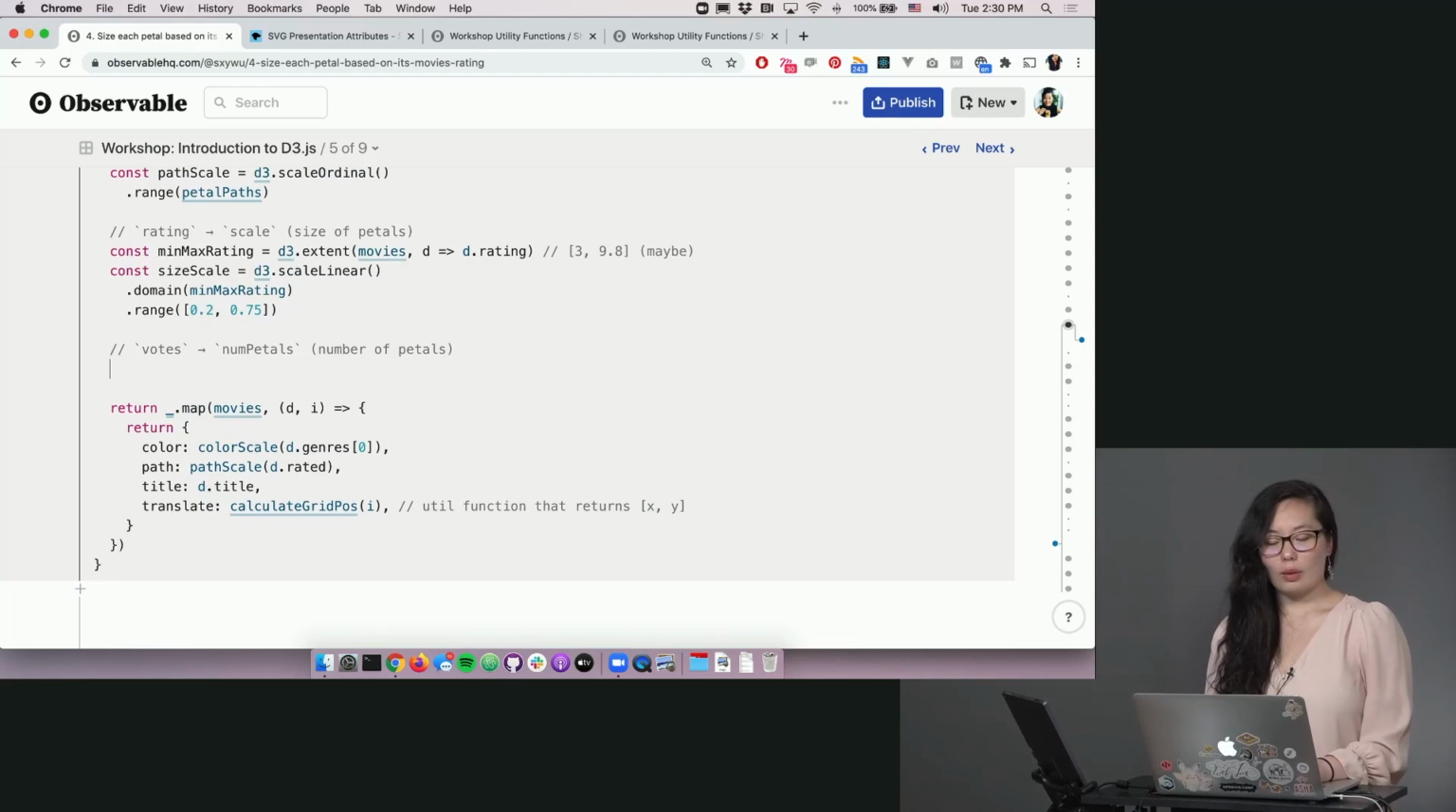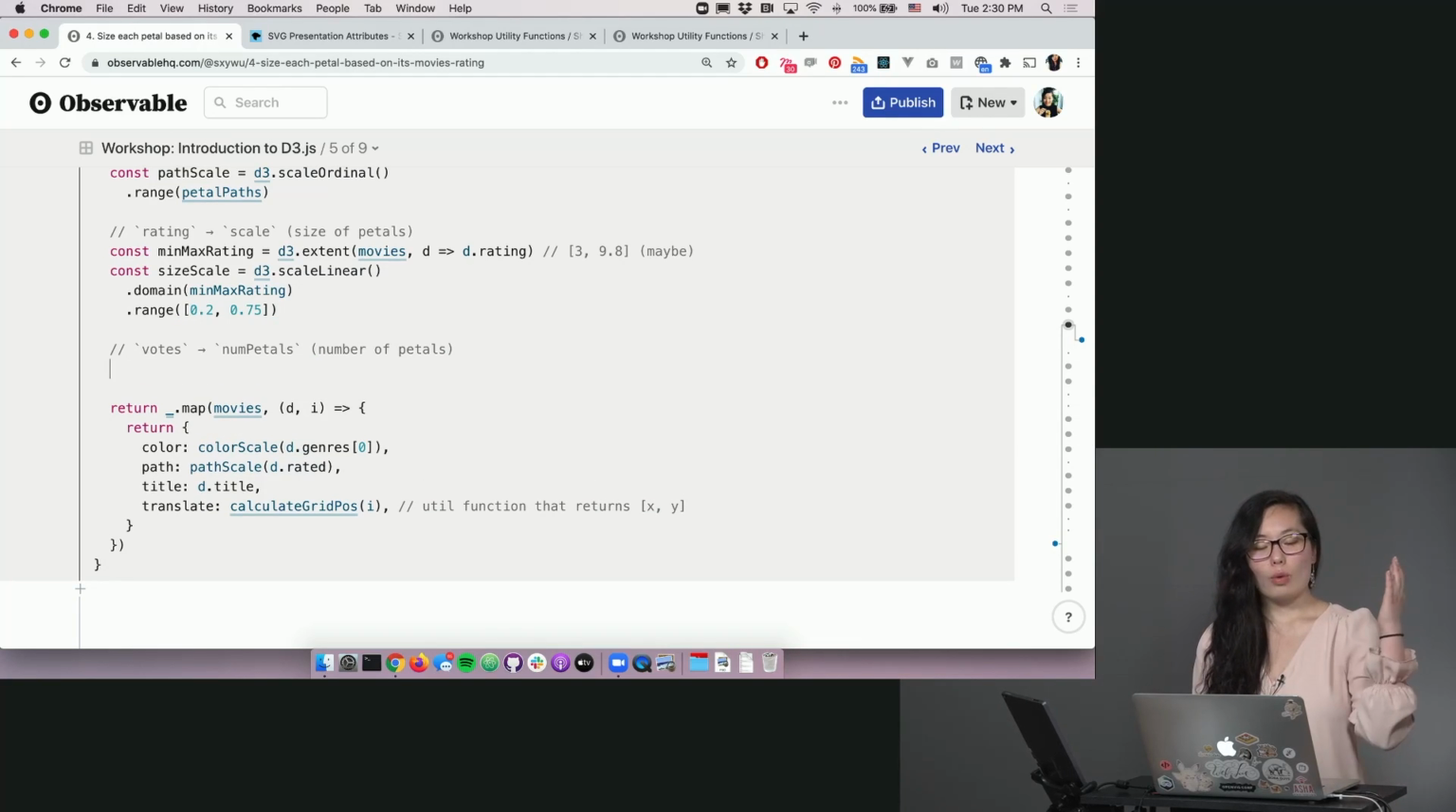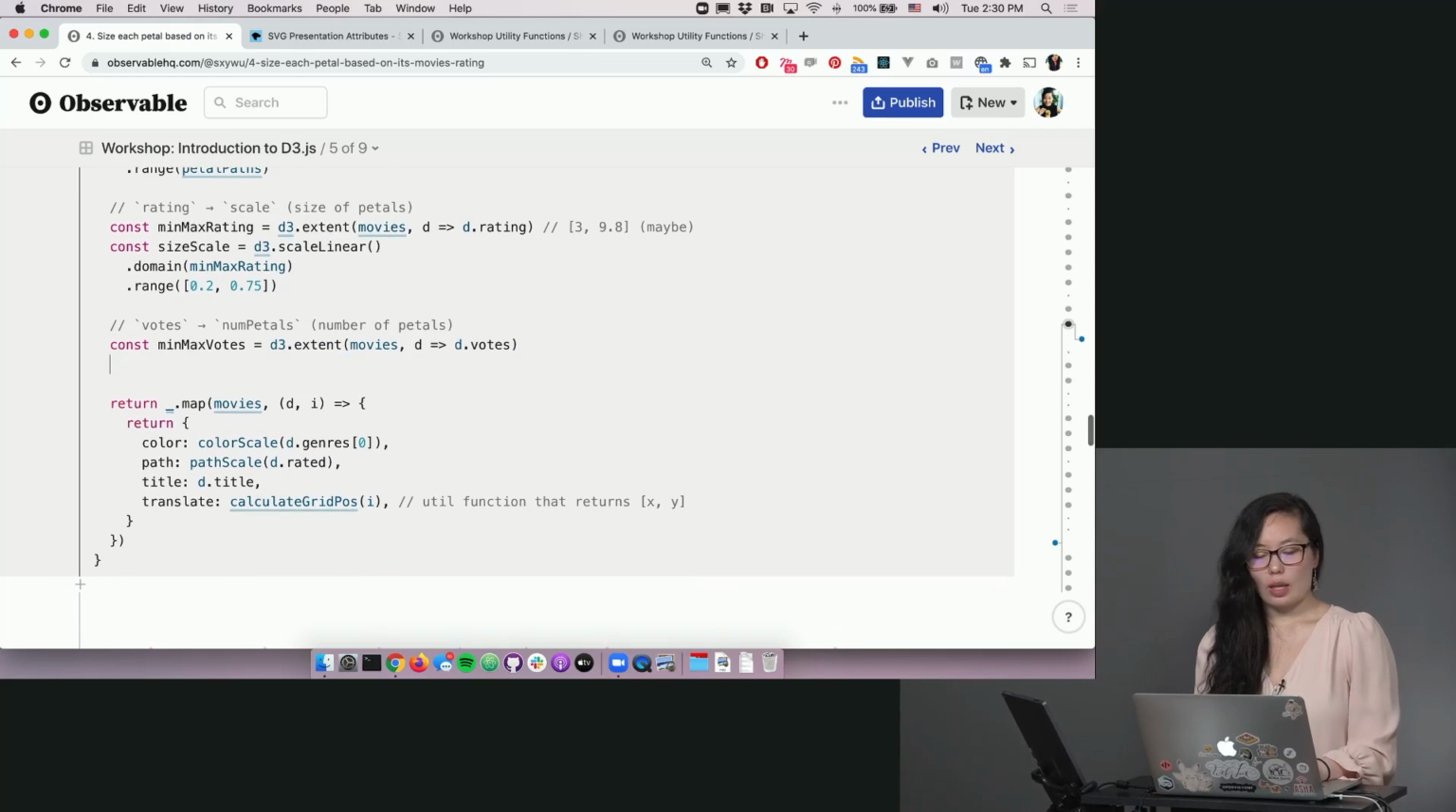And then finally we're going to go from the number of votes to the number of petals, and again let's go and get the min and max number of votes. We're going to use D3 extent, and this time we're going to say, is it votes? Yeah, I think it's votes. And we're going to